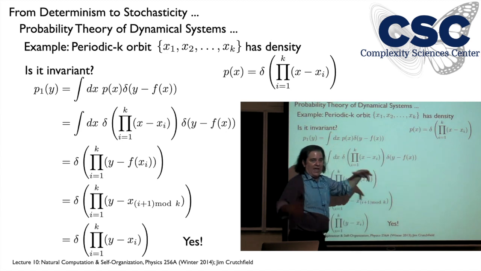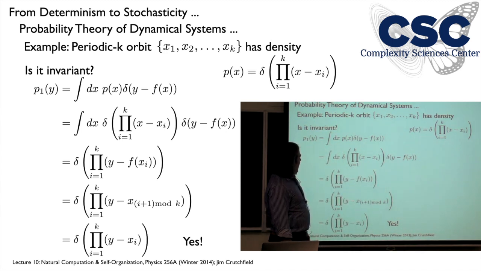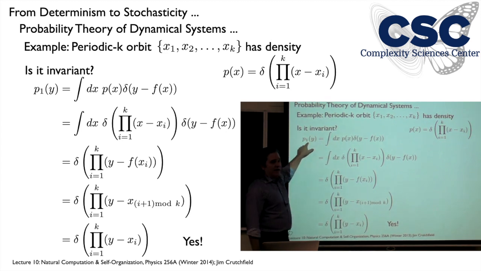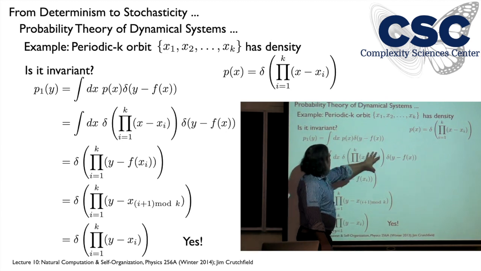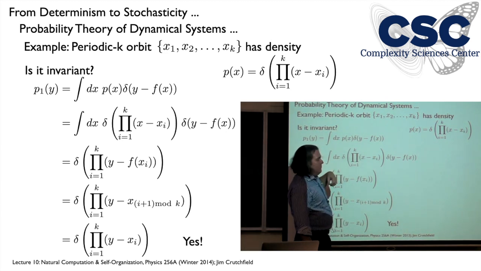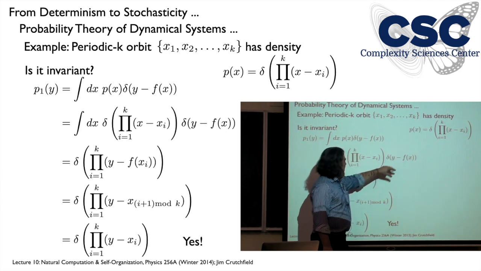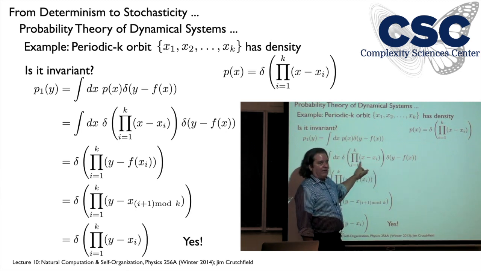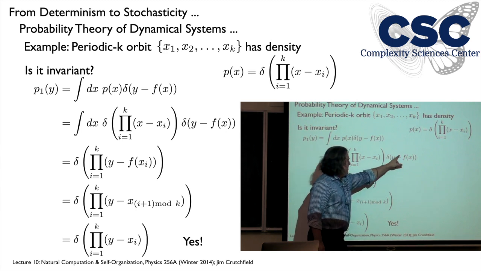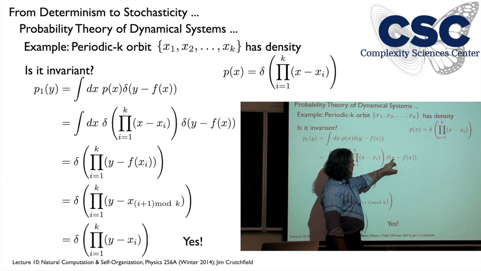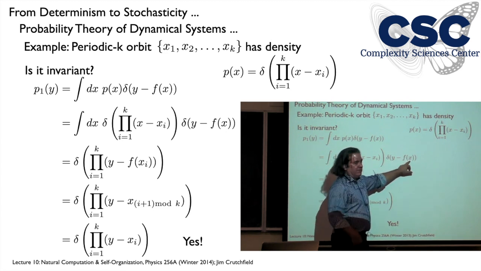Well, okay, so we just had this formal specification, so we're looking for P. We just guessed, and we want to calculate what happens at the next iterate, and then see if it's the same. So again, we just plug in here, which is what I've done. But the same argument as before. When we're following orbits, at least the math is the same. I have this function here that samples this function over here at x1 up to xk. So I end up with a delta function where the argument here is the product of those y's that are equal to f of x1 up to xk.